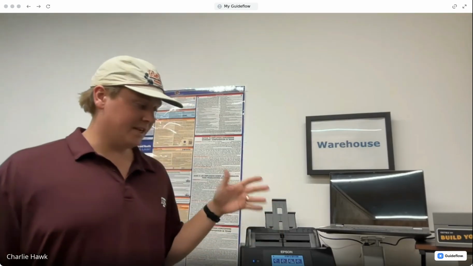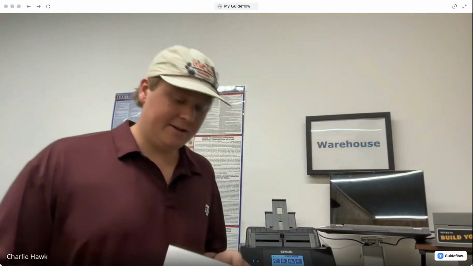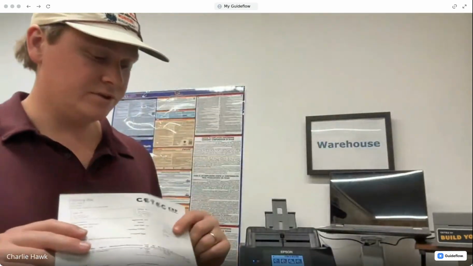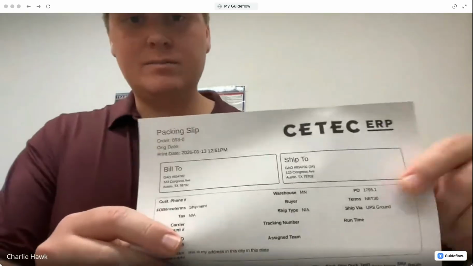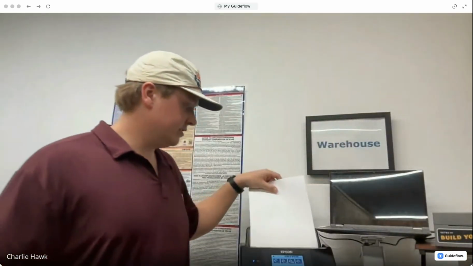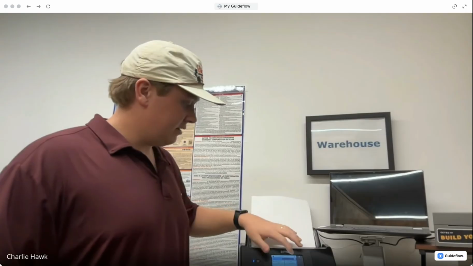In this case, we have this Epson ES-580W. And then we have here our mock packing slip. As you can see, you also are going to want to indicate the PO number here as well as the order number there. Once we do this, we are going to put this into our scanner,